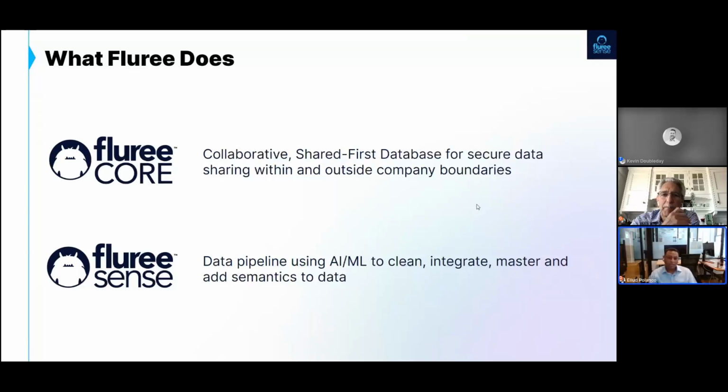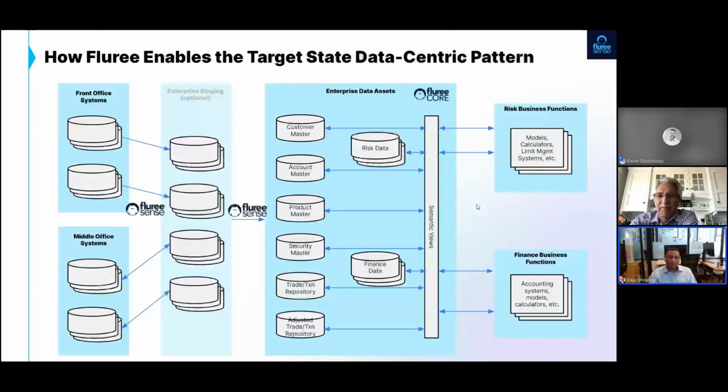And if we go back and look at our target state pattern, the way to think about it is you can use Fluree Sense as a vehicle by which we take the front office and the middle office data that today are in their silos and run it through the Fluree Sense pipeline. The idea is that Fluree Sense will have a set of resources and utilities that will facilitate the process of creating these masters. And the idea behind this picture is that for most business use cases in financial services, even